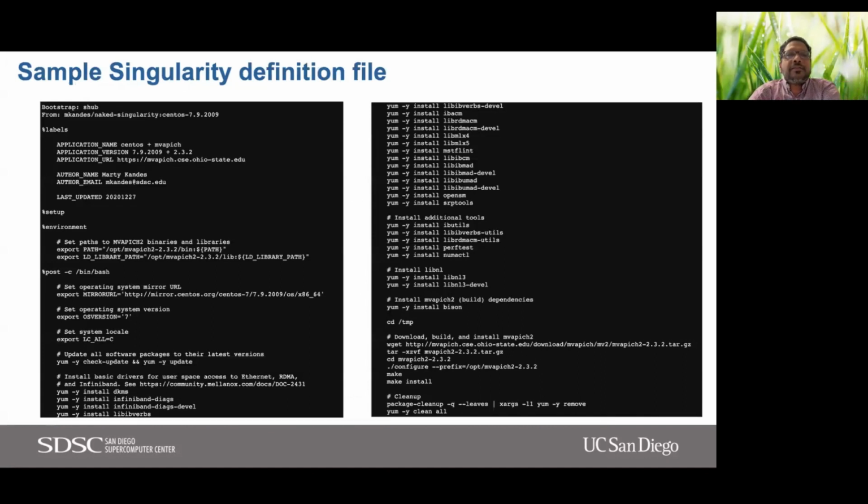So just as info, this is a sample definition file, showing what you can do within the container. This is the definition file that will be used to build a container that then can be run on Expanse. This is a container that Marty had for using CentOS and mVapage. One thing to remember is that